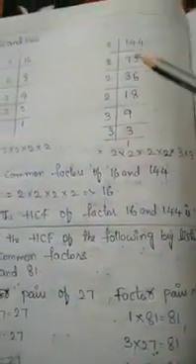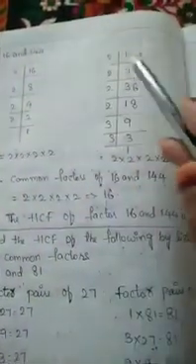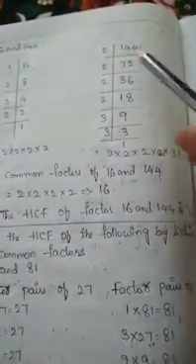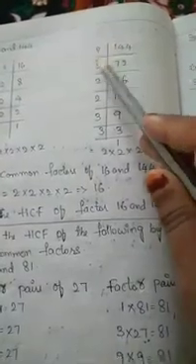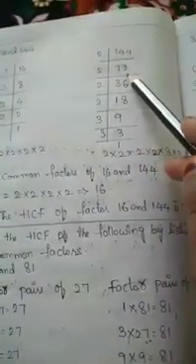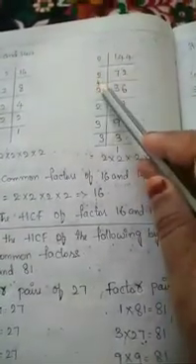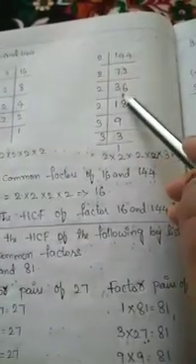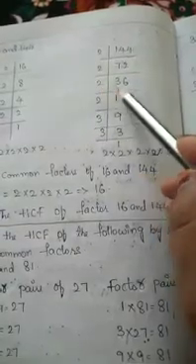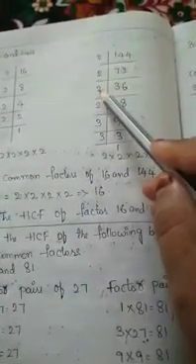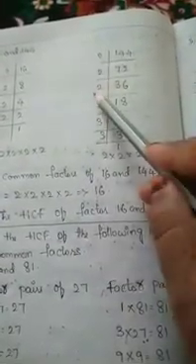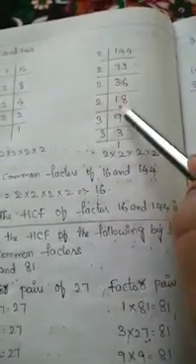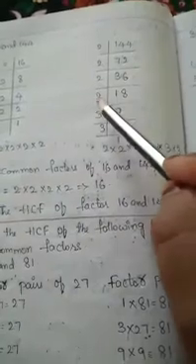Next, 144. We have completed 16. Again we take the smaller number 2, because 144 is divisible. 2 7s are 14, 2 2s are 4, so 72. Again we take 2. 2 3s are 6, here 1 is left, so this becomes 12. 2 6s are 12, so 36. Again we take 2. 2 1s are 2, here 1 is there, so this becomes 16. 2 8s are 16. Next 18.